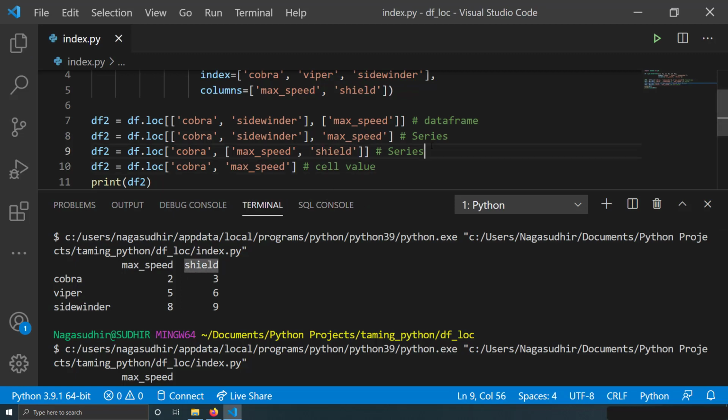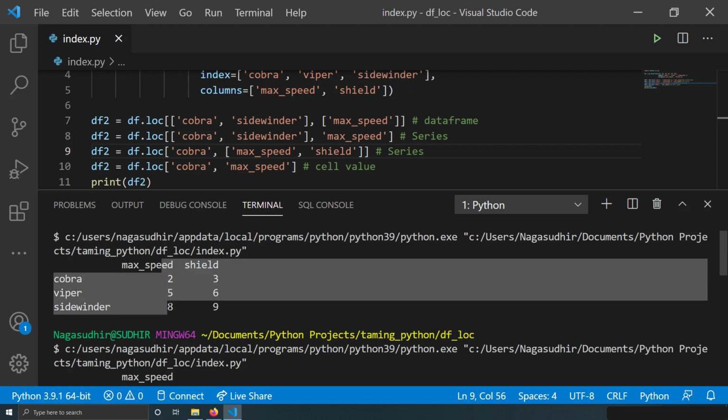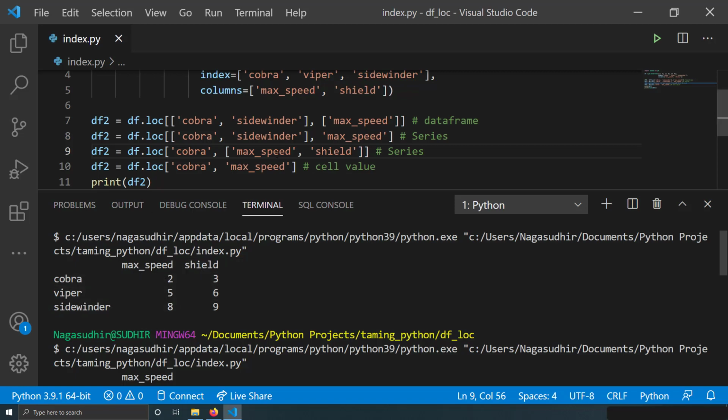This will become a series because it will be horizontal. In the previous case, the column values were being extracted, and now in this case this row is being extracted because I have given only a row label, and the second argument is a list. So output will be a series. Now this time it will be a horizontal subset. Okay, let me show the output also.